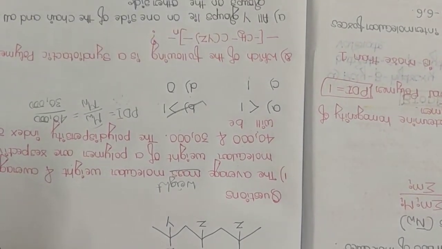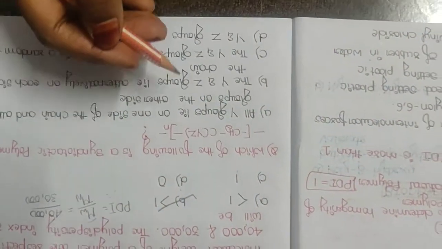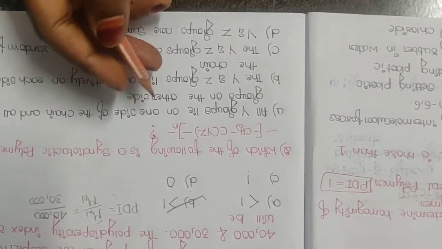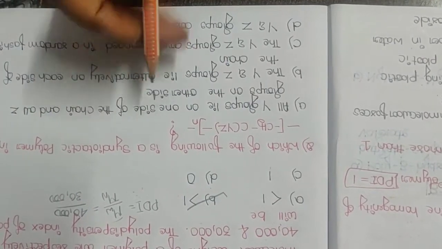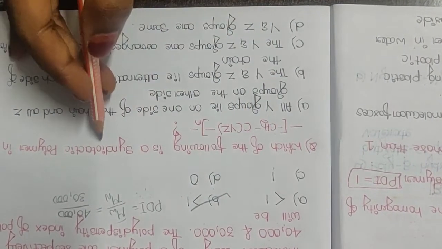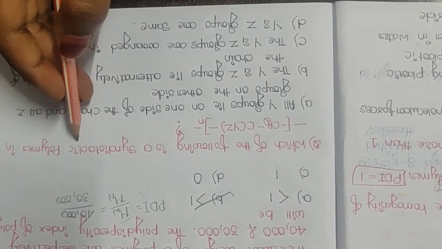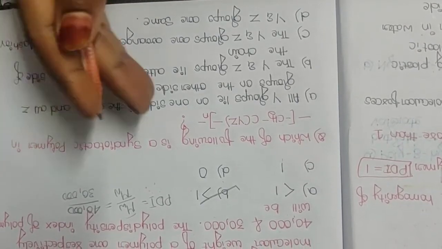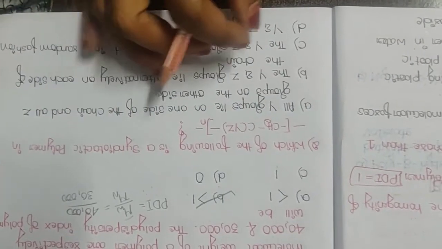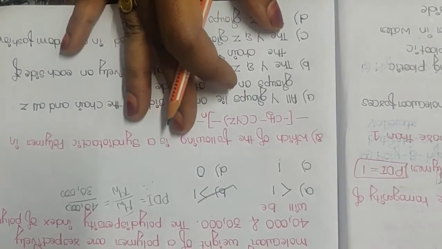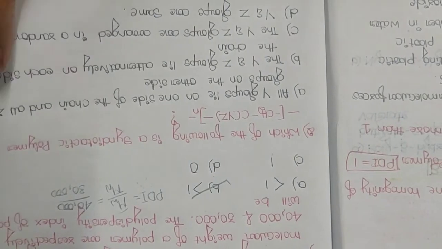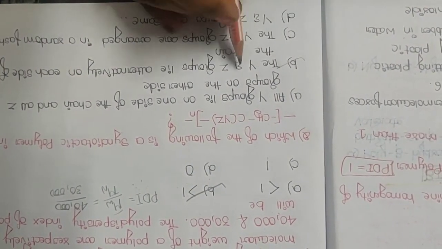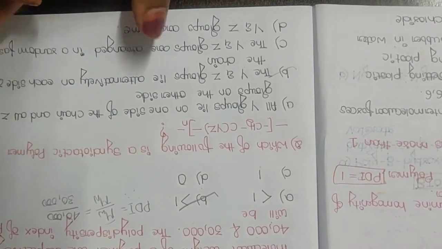The next question is related to the stereochemical aspects of coordination polymerization, which is very simple. They are asking which of the following is a syndiotactic polymer. The word itself tells you that you will have an alternate arrangement of Y and Z groups. It is a very simple, theoretical concept-based question. You can answer only if you know the definitions of those types of isomers. Okay, so here the answer is B. Y and Z groups are aligned alternately on the sides of the chain.